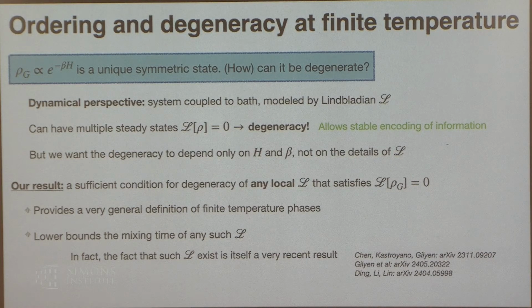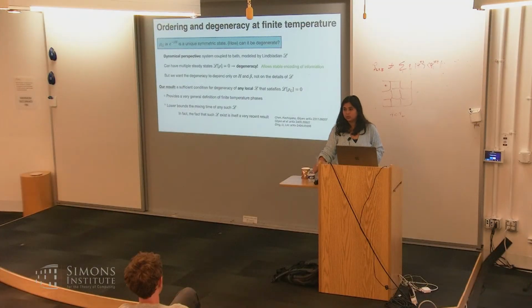So I should mention here that for quantum problems which are not stabilizers or classical in disguise, for quantum problems where you have a Hamiltonian with non-commuting terms, for instance, the existence of such a local Lindbladian that prepares an equilibrium state is itself a very recent result just from the last couple of years. Can we talk about the Lindbladian in the infinite system? Yeah, because you want your jump operators to still preserve some kind of quasi-locality.